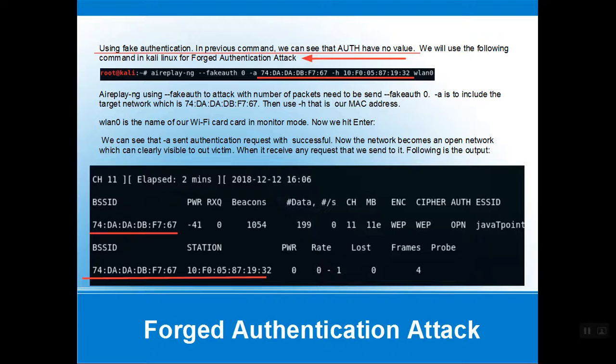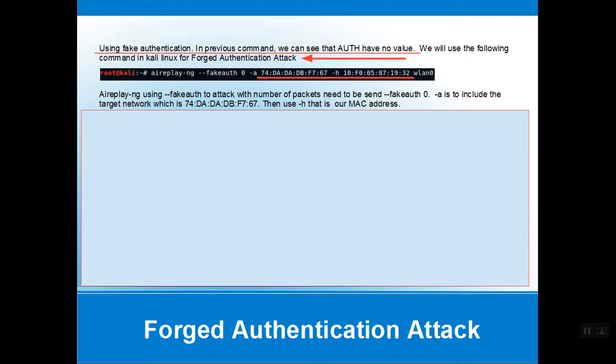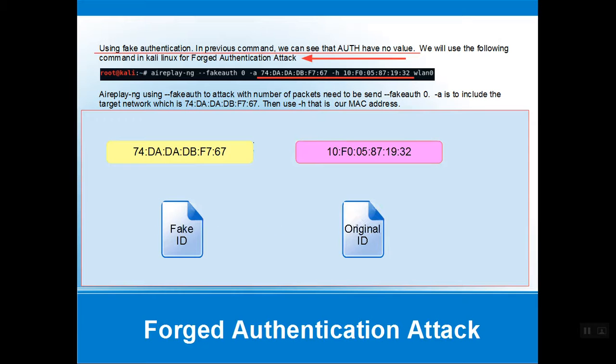So our identity can be hidden, or it can remain secure, so no one can trace us. As we know, in a real-life scenario, we have, in the practical, a fake MAC address, or we can say we use a fake ID, like a fake driving license. We are using our residence ID, and that will hide our original ID or original MAC address that